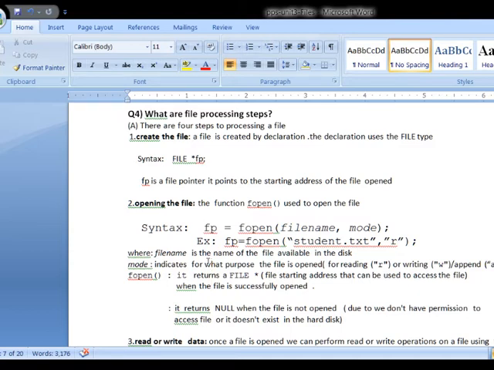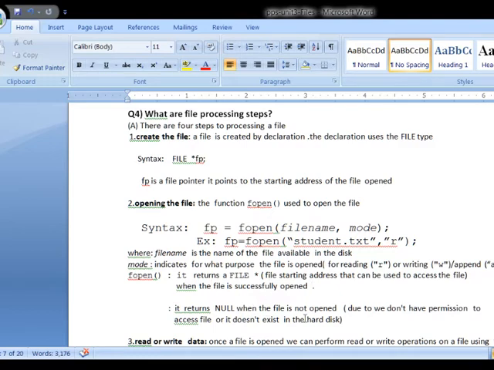Next, fopen returns a file pointer when the file is successfully opened. So if your specified file name is available on the hard disk, then your file is successfully opened, and the address of that file is given by the fopen function to the file pointer created in the first step.